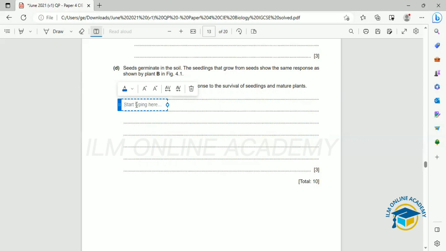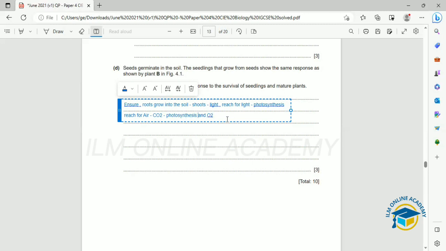So gravitropism is actually going to ensure that roots grow into the soil and shoots grow towards the light or upwards to the sunlight, and helps the plants to reach for light, and light is for photosynthesis, and helps the plant to reach for air, and from air it would get carbon dioxide and oxygen. Carbon dioxide, you can mention that carbon dioxide is for photosynthesis,